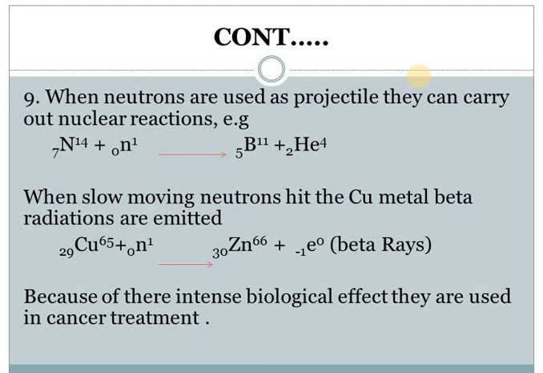Sometimes they can ask you what would be the effect of a neutron when it hits a smaller atomic number and a larger atomic number, or what would be the effect when a slow moving neutron hits and a fast moving neutron hits, or they can even ask you that if a neutron is hitting any atom, how it can give out its beta rays, or how it can give out its alpha rays or helium nuclei. Different questions can be asked from the same one topic. So this point is also very, very, very important.